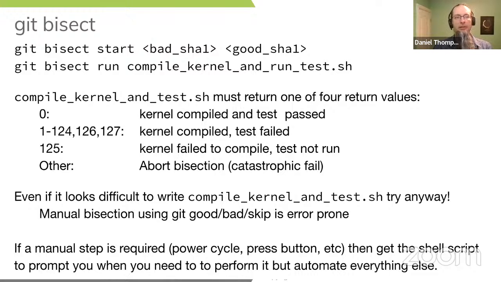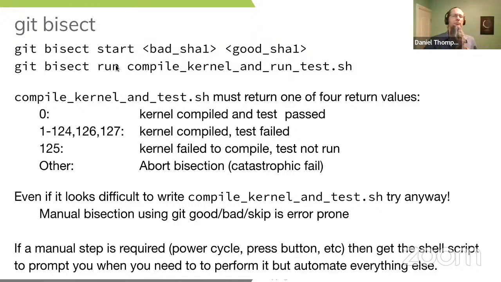A couple of remarks from me about it are the fact that I never personally run git bisect good and git bisect bad, because I am too error prone. If I am doing a large complicated kernel bisect, I am not able to be 100% sure at the end of the process that I got all the goods and all the bads correct. And if you don't get all the goods and all the bads correct, then the bisect will lead you to the wrong commit, and then it will tell you it has failed. And if you spend a day and a half running boot, test, good, bad, boot, test, good, bad, boot, test, good, bad, it's really, really soul destroying to realize you've got to do it again.